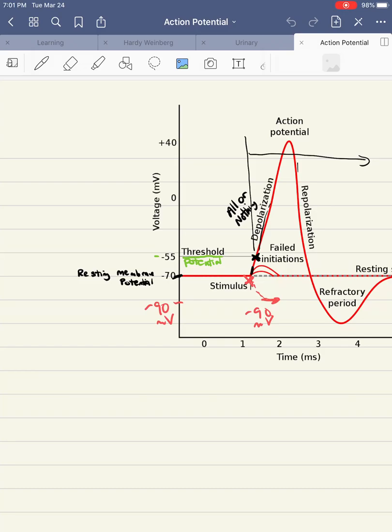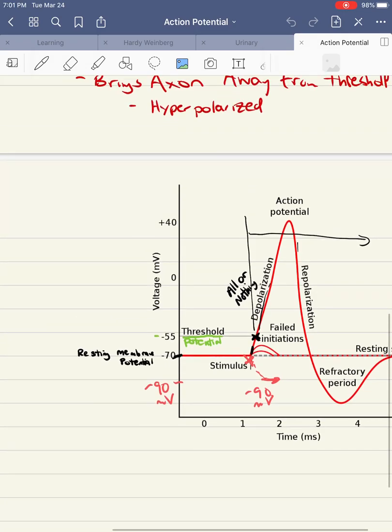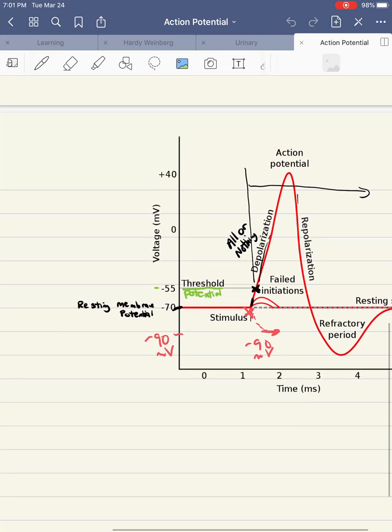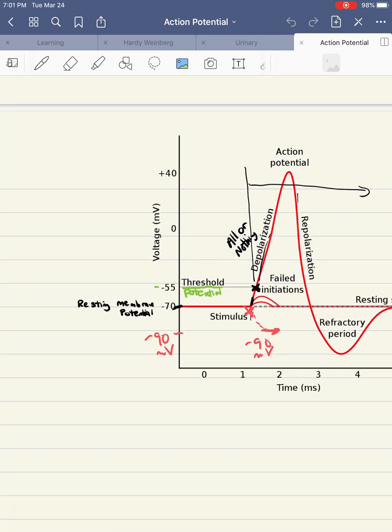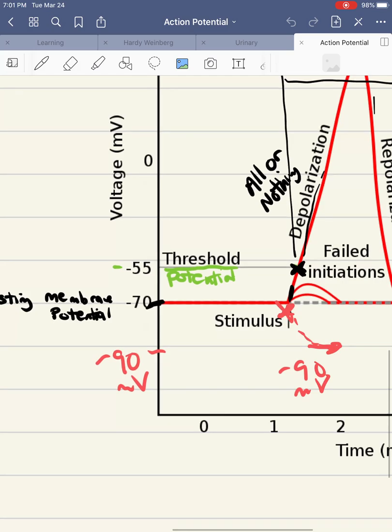So in the last video, we finished talking about whether or not a cell is closer to threshold or further away from threshold. And the cell typically starts off at about negative 70 millivolts. And depending on which ligand-gated channel is opened, that will determine whether or not the cell gets closer to threshold,